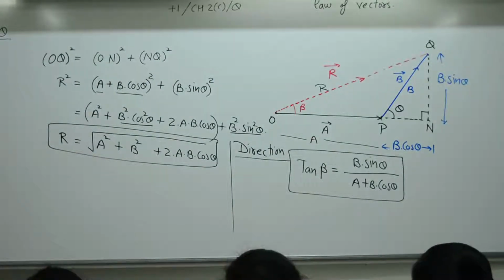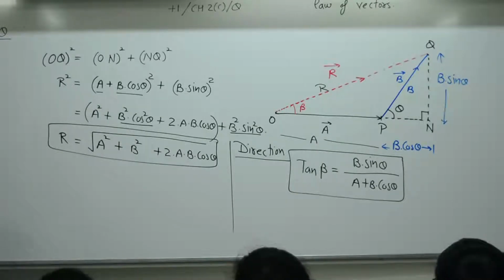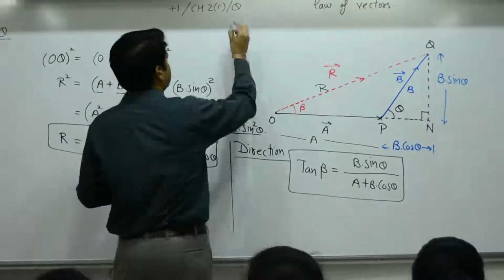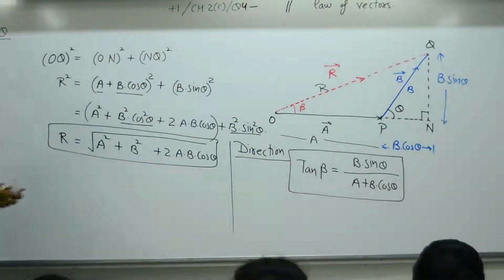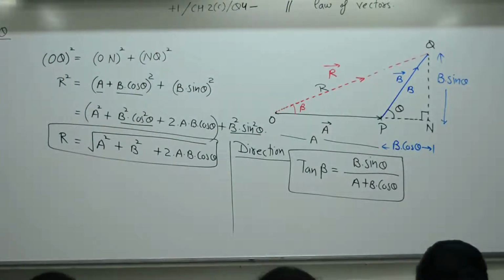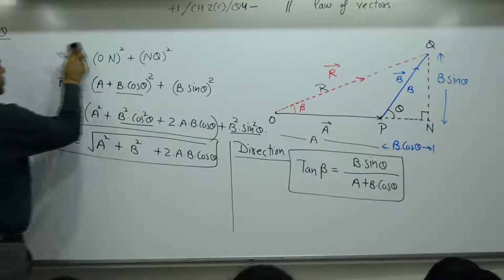Question number 4 deals with what? Yes. Parallelogram law of vector addition. The issue is the same. You have to find out what? Magnitude and direction of a resultant. So question number 4,